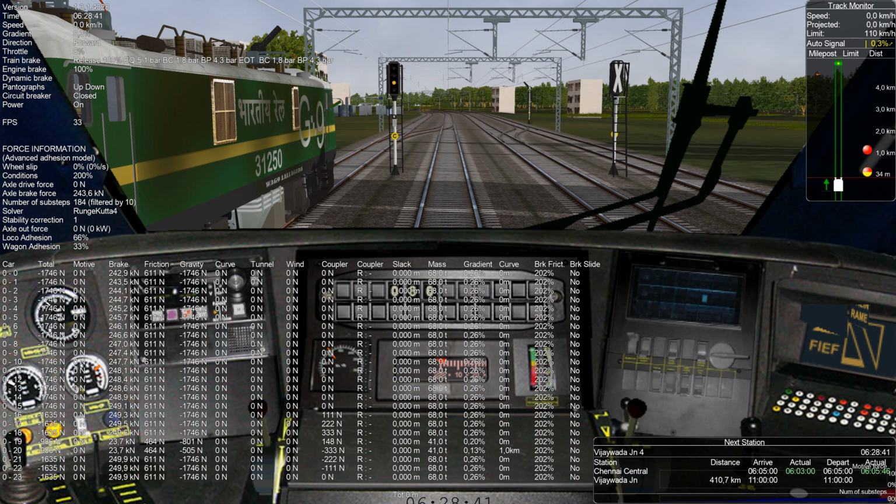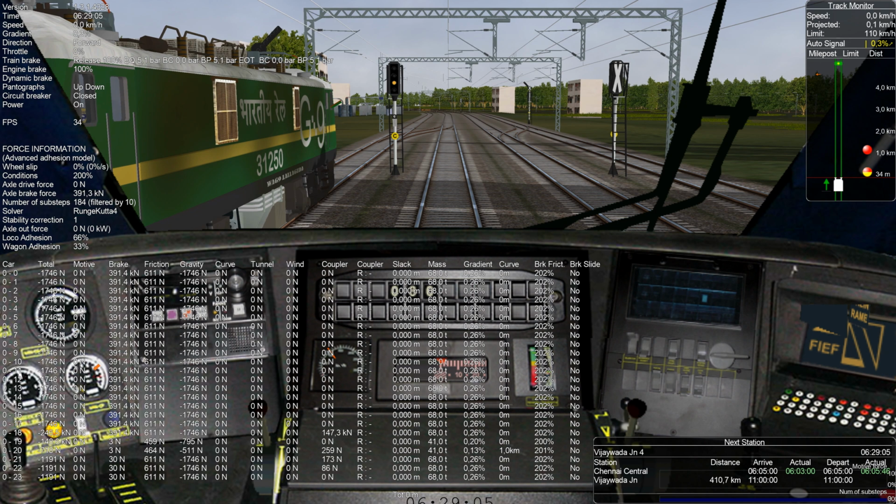So here what is very important is the wheel slip, which I have to manage, because without this, if I cannot manage the wheel slip and it goes over 50% or 60%, the train will start to skid, and I will lose a lot of tractive force. So my acceleration has to be very, very gradual. But anyway, you will see the acceleration of this engine, because of the change configuration, is going to be quite